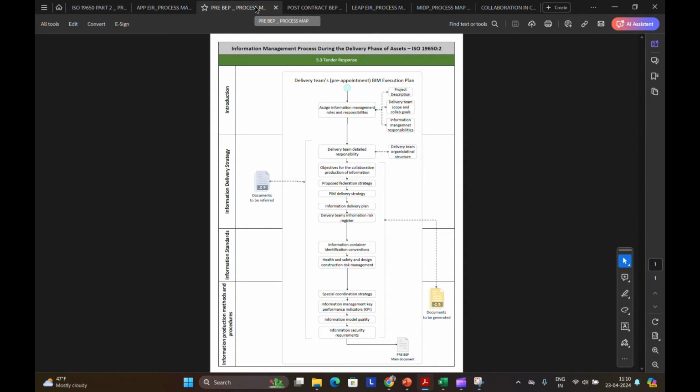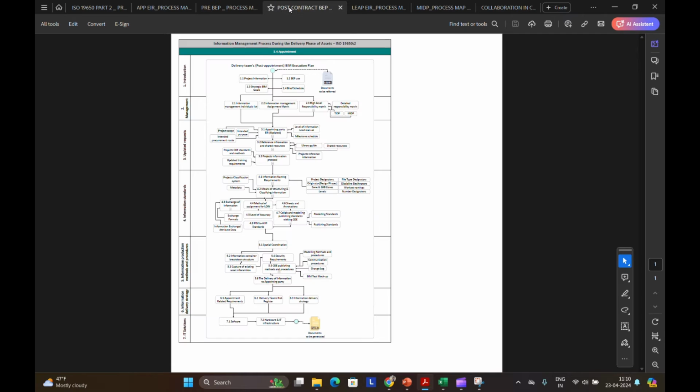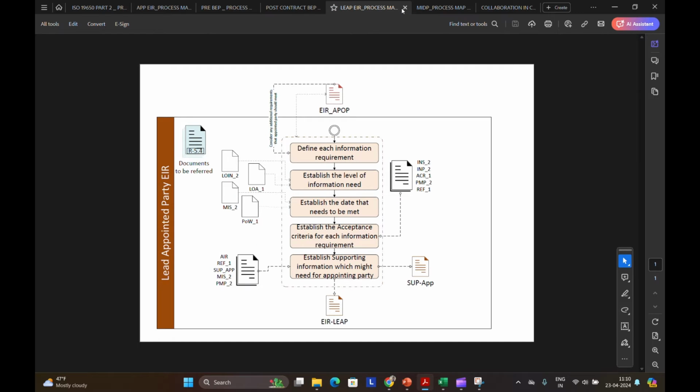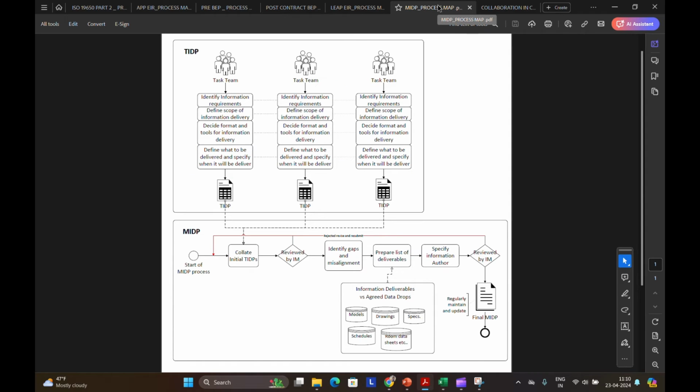I have developed one for a pre-BEP execution plan, and then the detailed process map for a post-BEP execution plan, and I have separately done it for the lead appointed party's exchange information requirement. Then I have developed the process maps for the master information delivery plan, and finally I even did it for the common data environment.